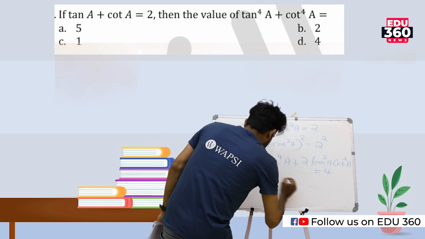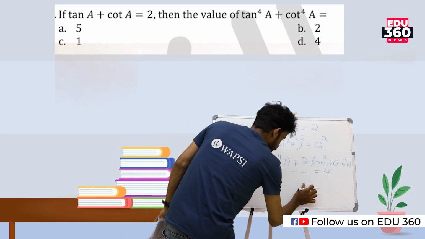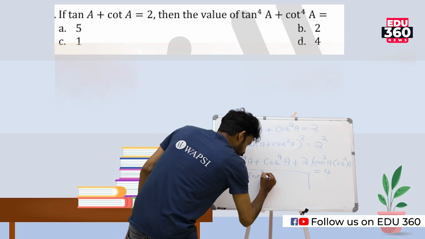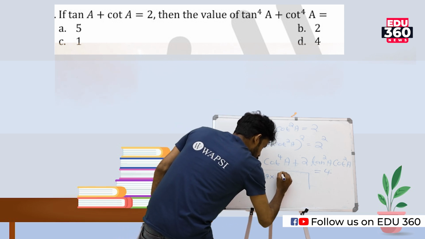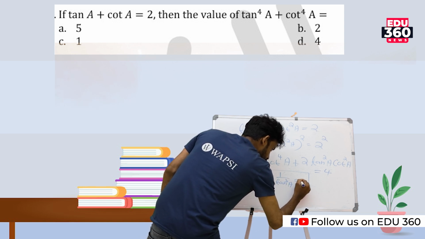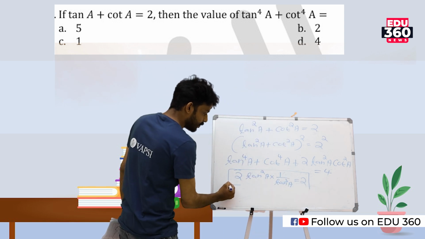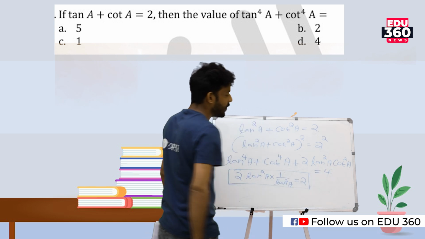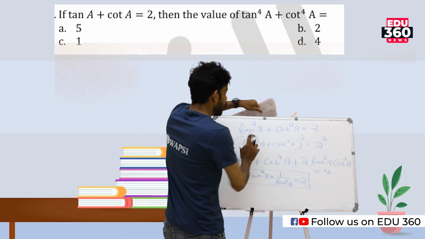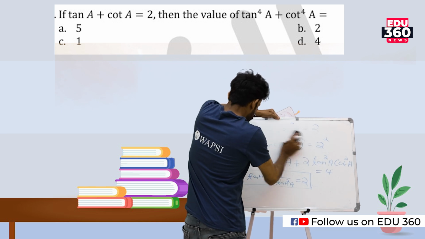Yes, so let me write this one in a box. 2 tan square a into 1 by tan square a. The value is equal to 2. Isn't it? Yes. So in the next step, just substitute here. Substitute this value. So that will be equal to,